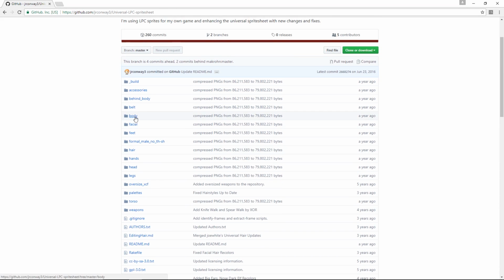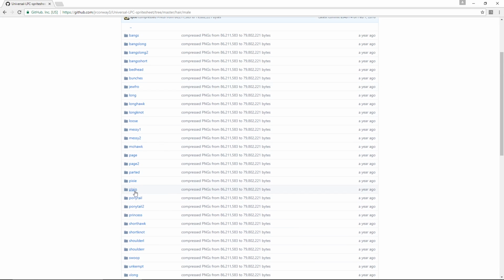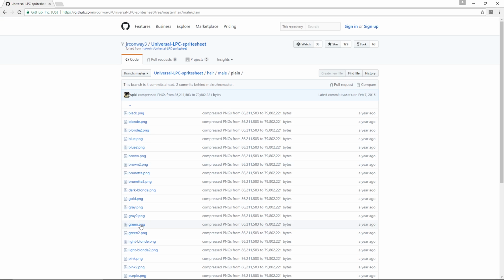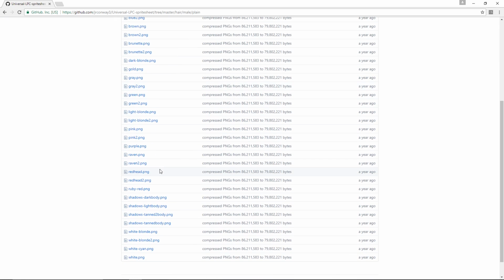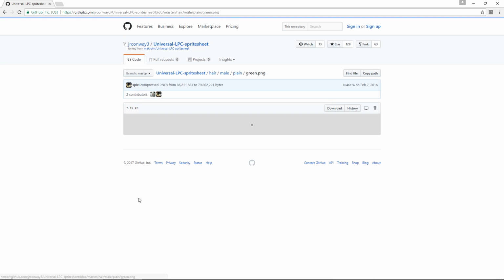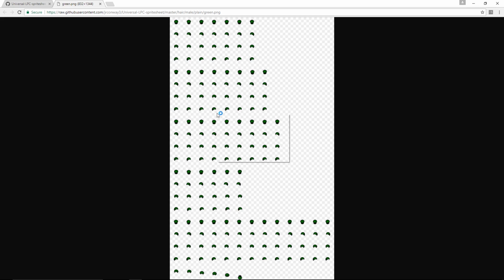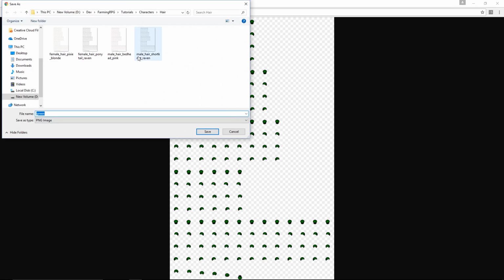So let's come back. Let me just show you a couple examples. So let's grab a hairstyle. So let's come into hair. Let's go male. Let's go plain. And so here you can grab whatever hair color you want. Let's just go green. Here it is. So let's save it,